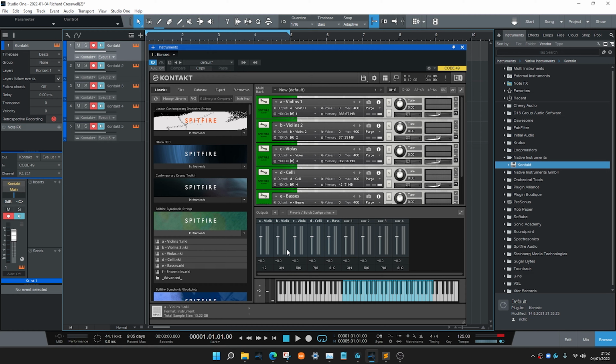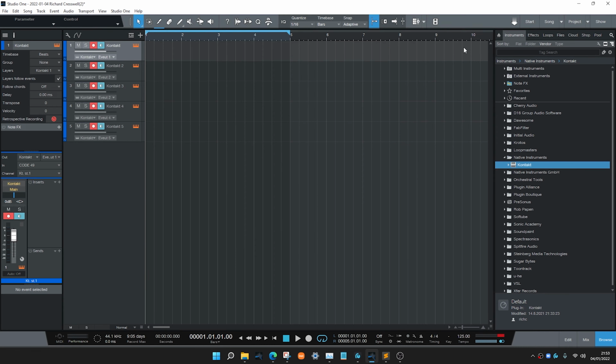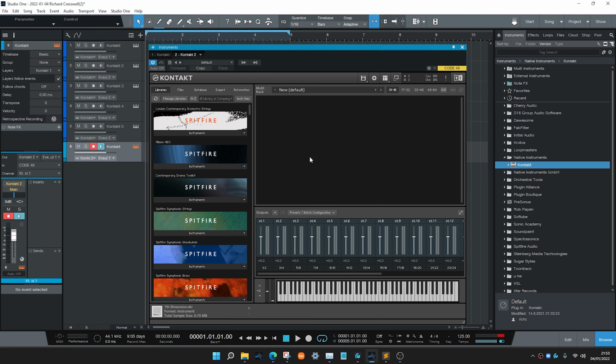The great thing about this is it means that if you've already got in mind the idea to use the first, second violins, cello and basses with their own independent channels, this is a very quick way of dealing with it. So you might be asking yourself, well, why would I have it set up as default 16 outputs? Well, I have this set up because if, say for example, I'm blending instruments and I change my mind about something,